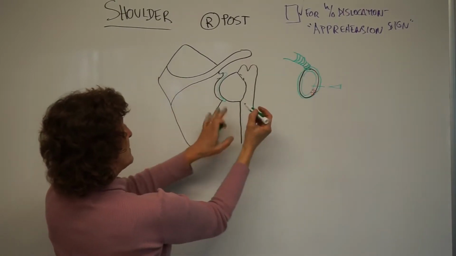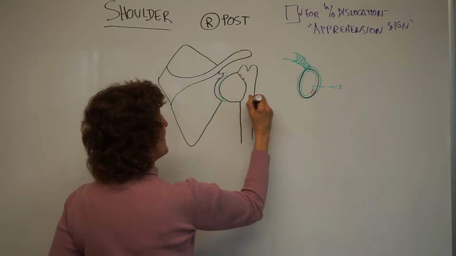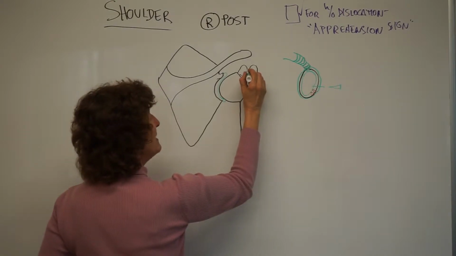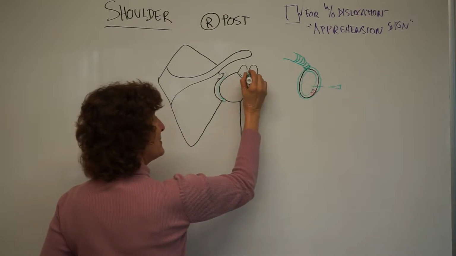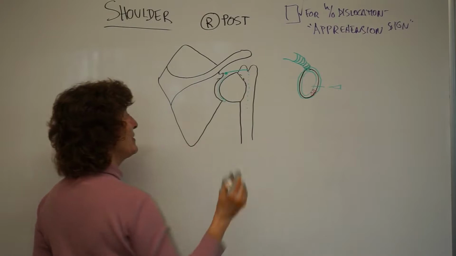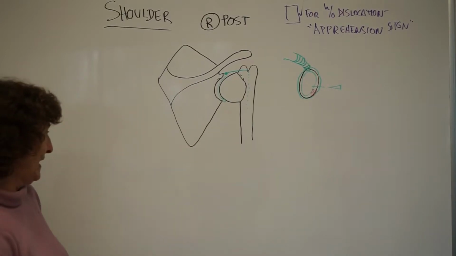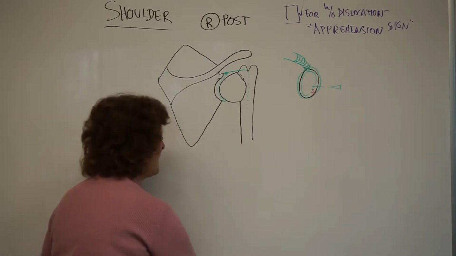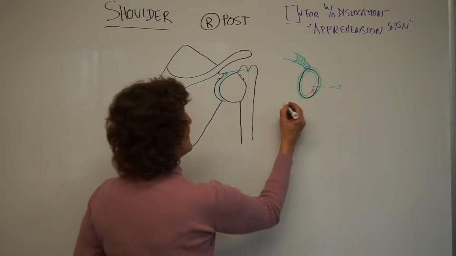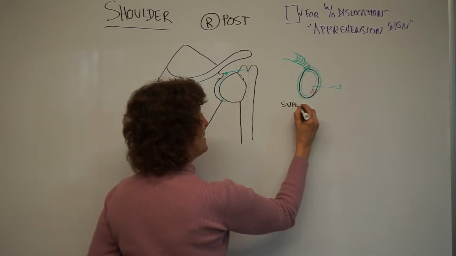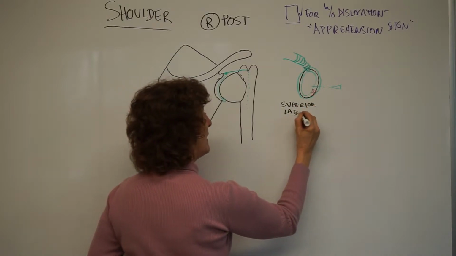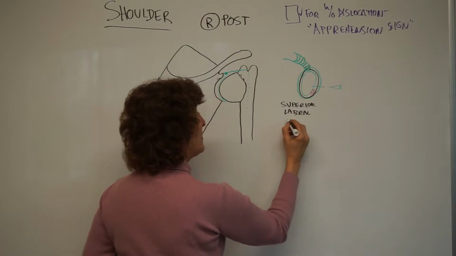Viewing my drawing here, it would be on the front of the humerus, and it comes up through the bicep groove between the two tuberosities, and it connects to this superior labrum. If I take the first letters of what I just said, the superior labrum, but superior labral,